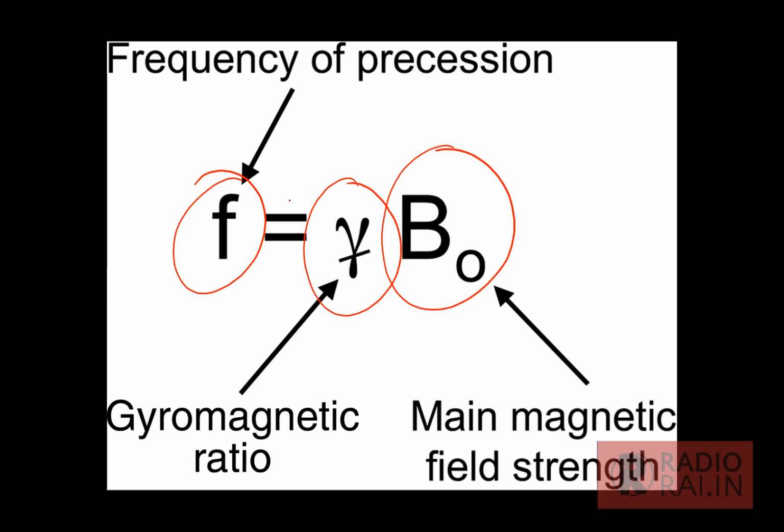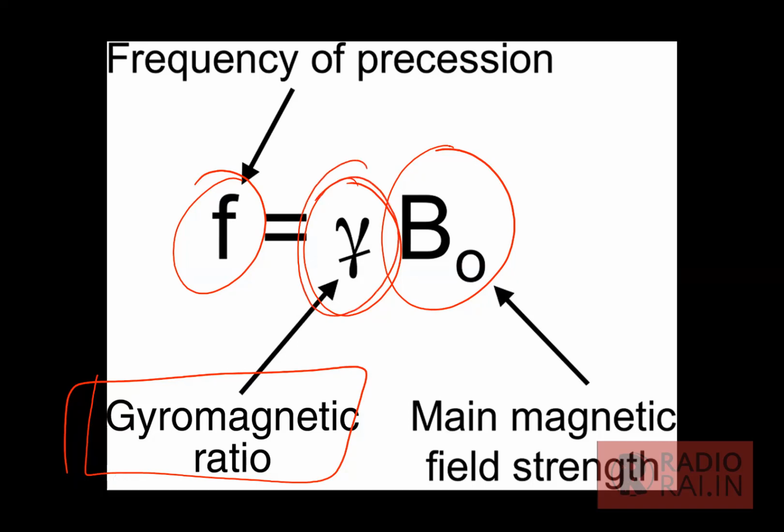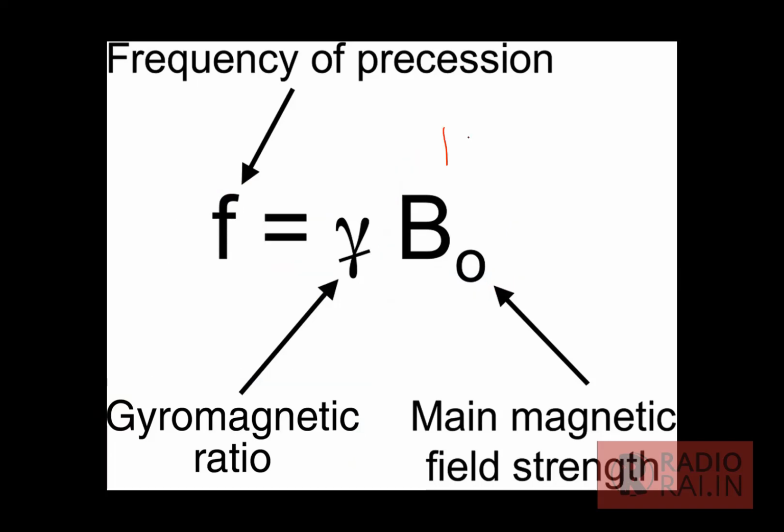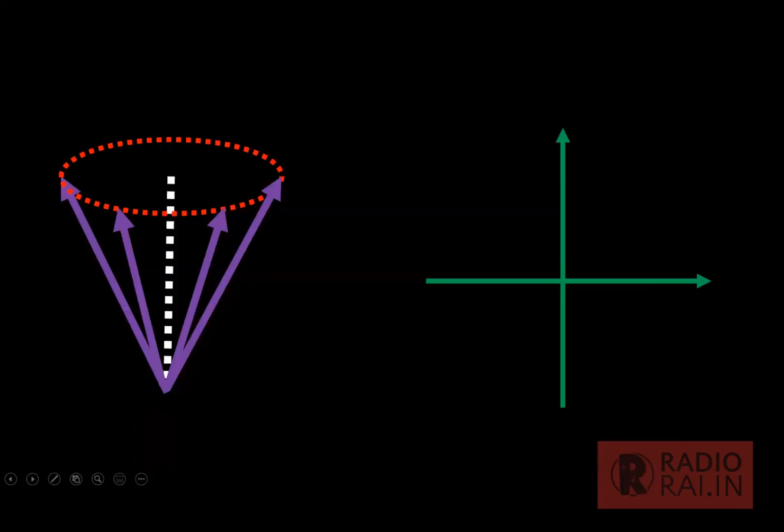we always use a gyromagnetic ratio. It is constant for a given molecule. So it is constant for a particular atom, like hydrogen will have a fixed gyromagnetic ratio. But what is differing is the magnetic field. How is it differing? In 1.5 Tesla, it is a lower magnetic field. In 3 Tesla, it is a higher magnetic field. So precession changes based on the magnetic field that we use. Okay, so that's about the precession.